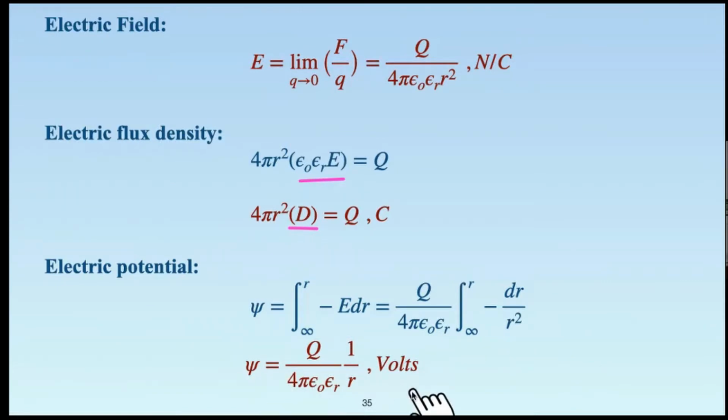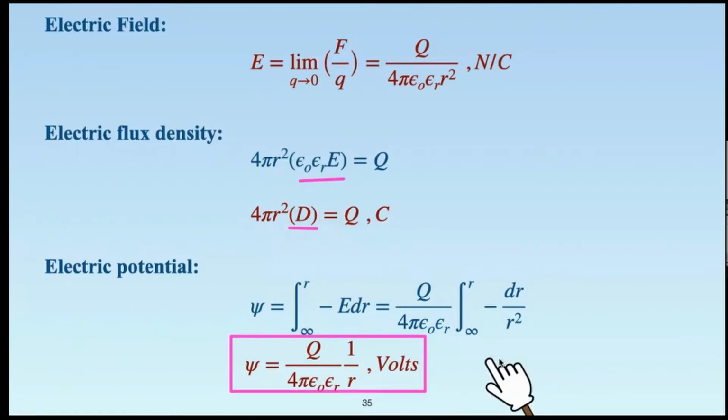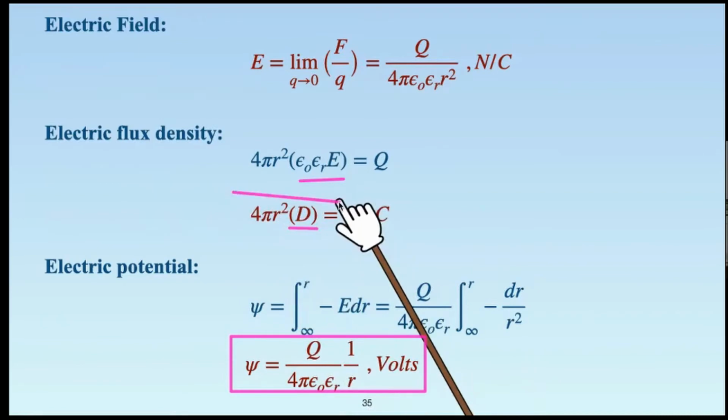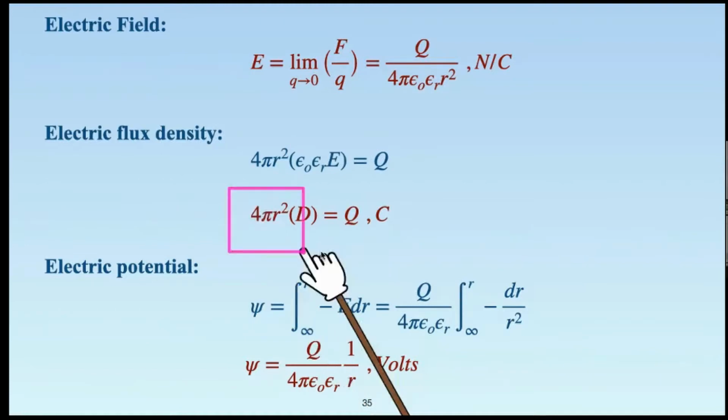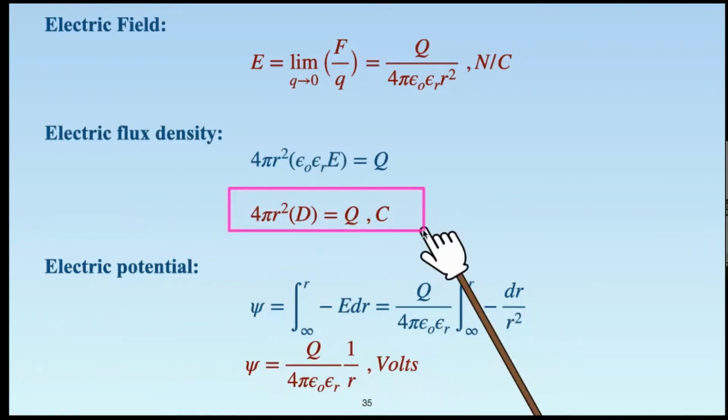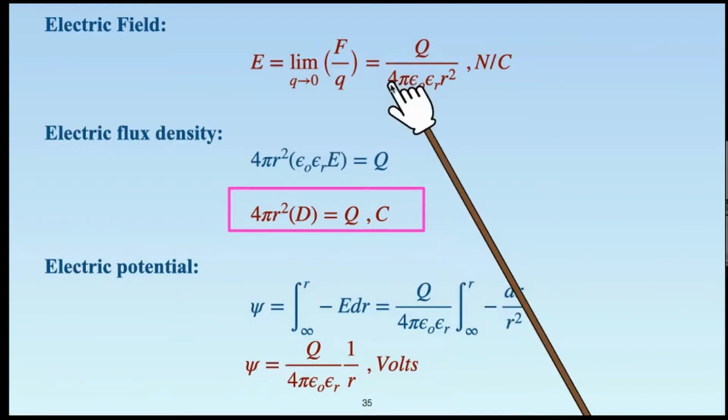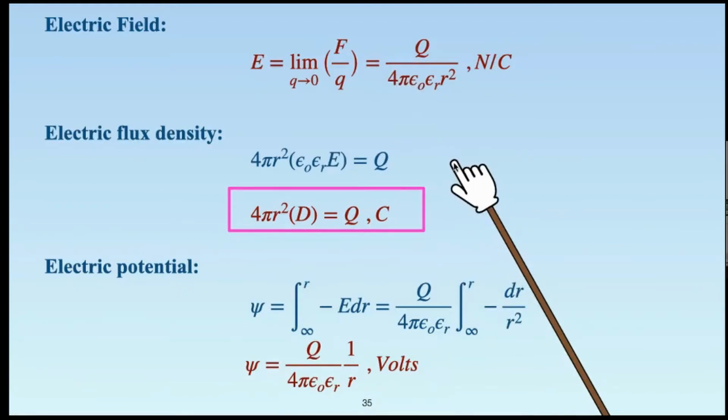So the potential expression is this. You have also derived it earlier, but now you are realizing how we can use it for the study of electric stress in extra high voltage AC lines and points. So the expression for this electric potential is obtained like this. Fine. The expression for electric flux density is Q upon 4 pi r square, and of course the electric field intensity that we have mentioned earlier.